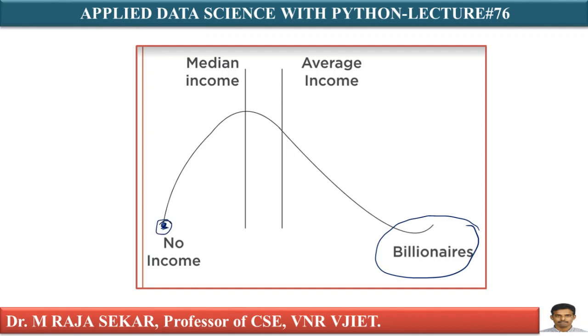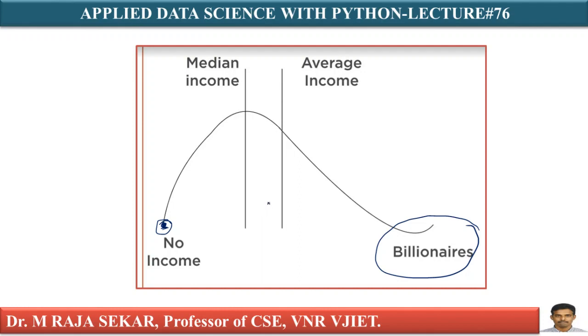No income means it's a lower bound, isn't it? This I already discussed in lecture number 73. If the question paper is hard, it follows this positive distribution or right skewed distribution, isn't it? It's simple and straightforward. Even if you want, you can take some billionaires data set, just plot it. You will get a right skewed distribution. It is simple and straightforward.